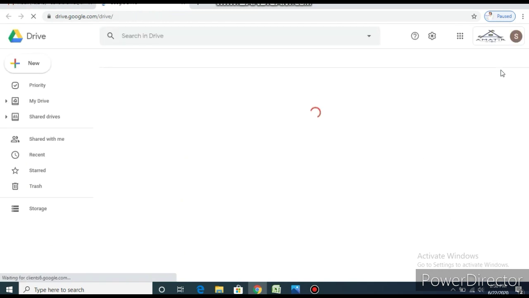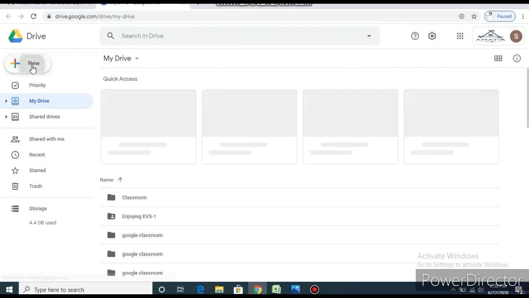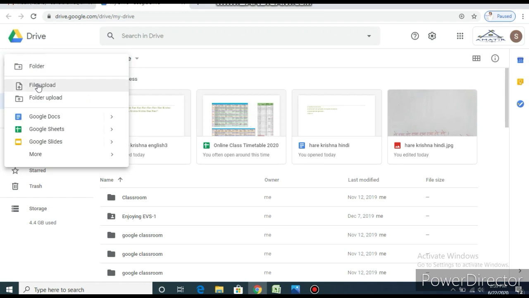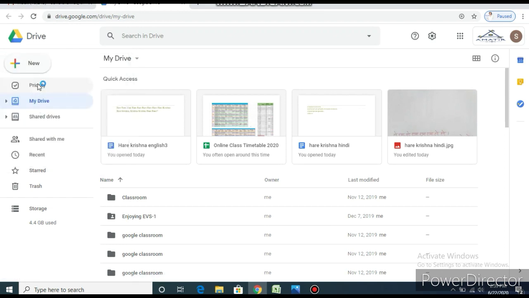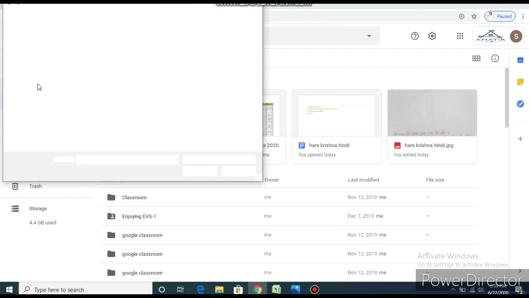On the extreme left of Google Drive, the New option is available. We just need to click on it and click on the File upload option, which we can see at the second place. The file which we have to convert into a text document or MS Word document needs to be uploaded with this option. This will give us a window through which we can browse our device and find that particular file in order to insert it in Google Drive.